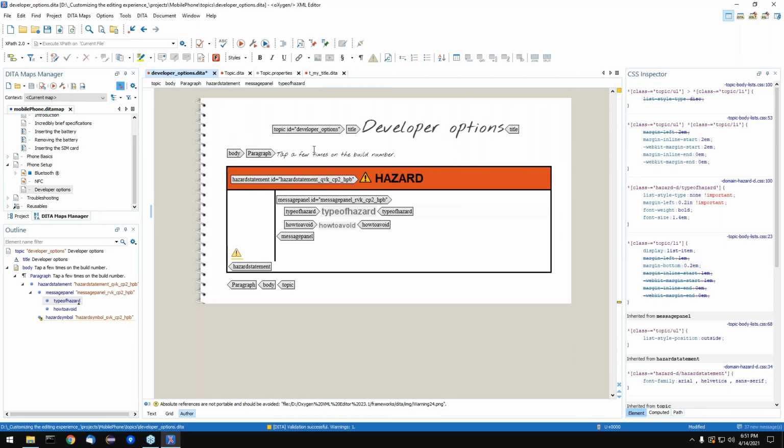So people who customize the framework on WebAuthor usually start with a standalone desktop version of Oxygen, customize the framework there, add the CSS, Schematron, and so on. And once they have the custom framework directory, they upload it to the WebAuthor server. Most of the times it will work without changes,